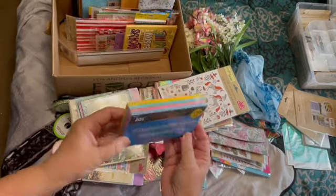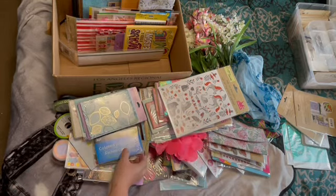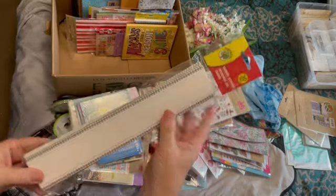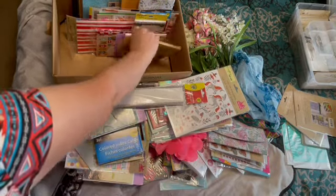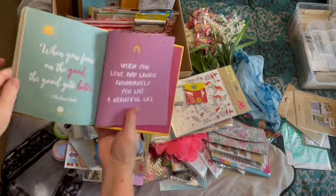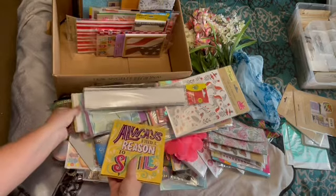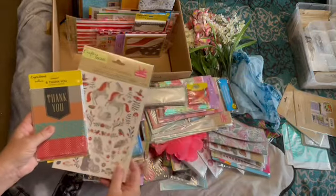colored index cards, kind of a staple, but our store hasn't had them in a while, so I did pick those up. I got these. I liked the gray and the gray checkerboard. These are fun to make bookmarks and tags out of. And so there's that. I love this book. I wish I could have found more with the great sayings. And I love those colors. And they, you see, like I said, there's some themes going on in here. So,